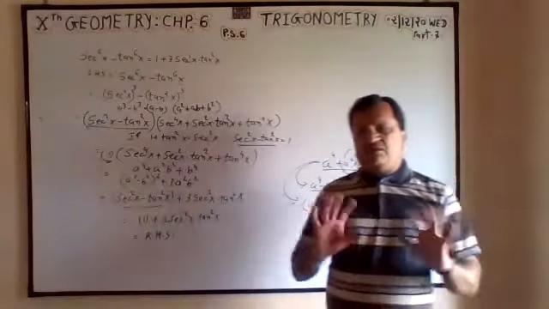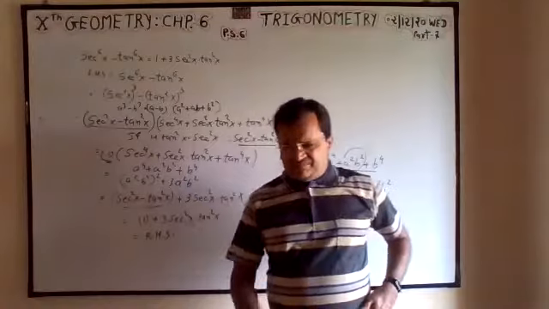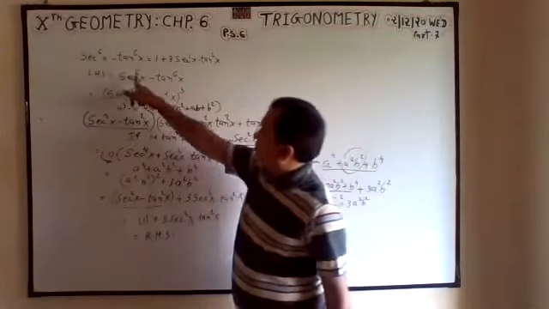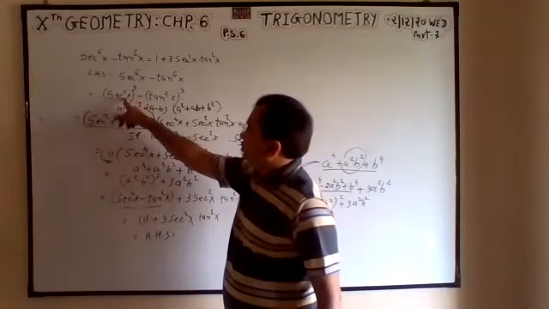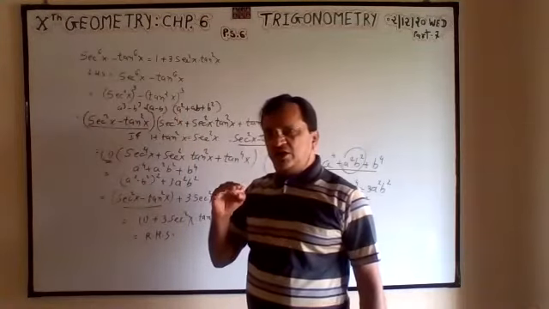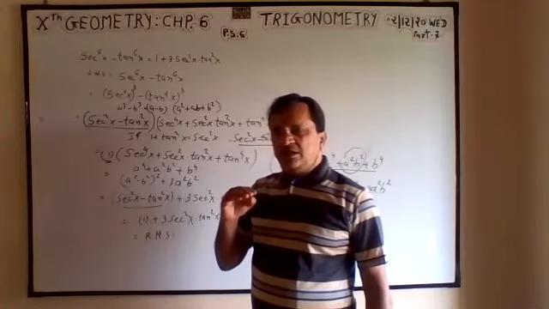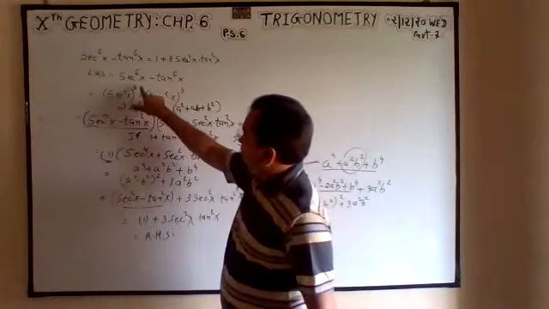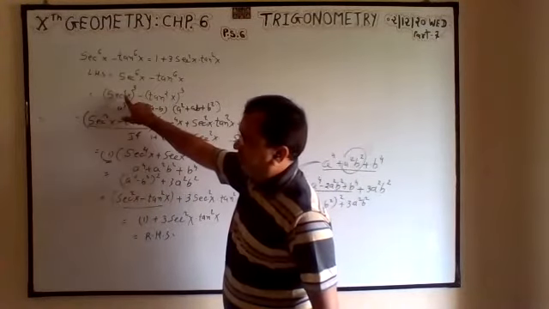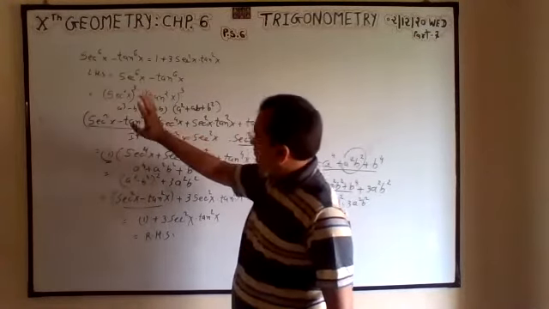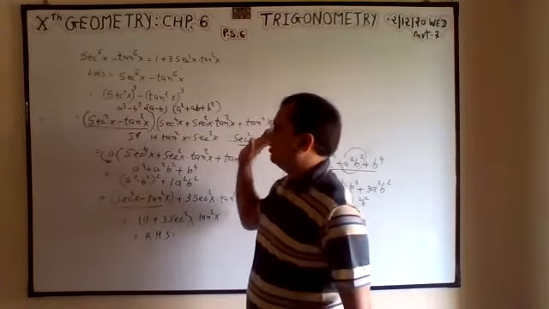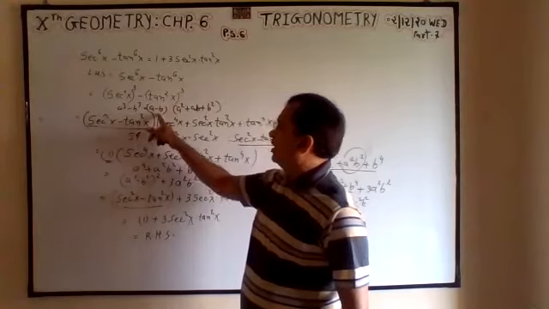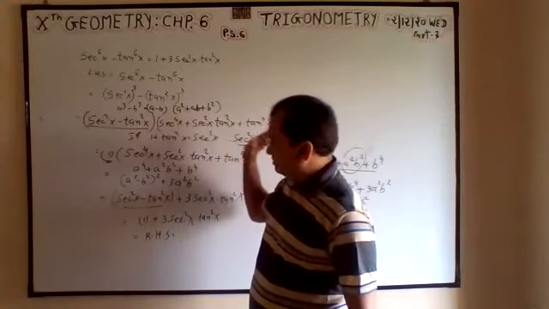Simple. With power, don't be afraid that you will not know how to factor. Simple. If it is a 6 power, you can take the square of a cube. You cannot take the square of a cube, correct? You can take the cube of a square, because for square we have the formula. So a cube minus b cube is equal to a minus b, a square plus ab plus b square.